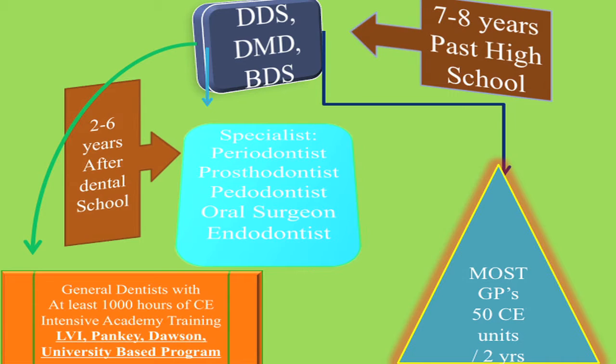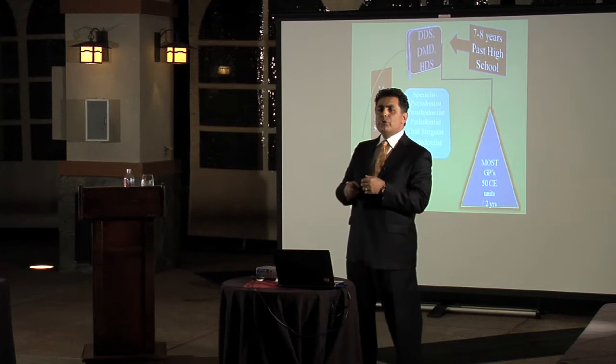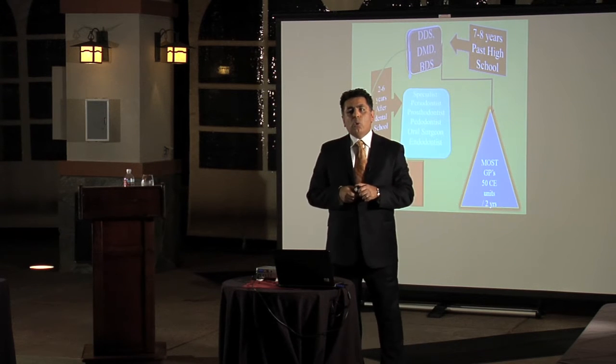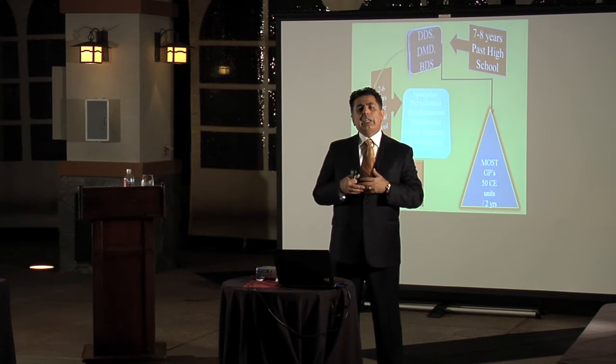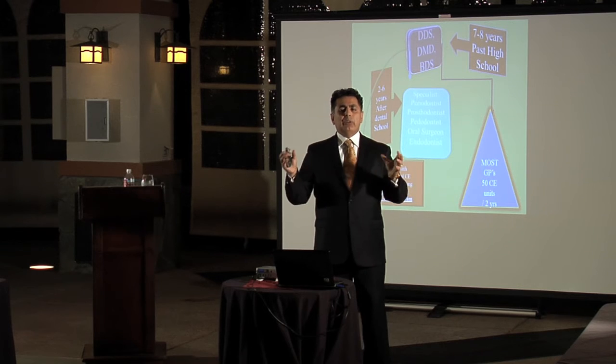Generally speaking, a dentist is someone who has a degree title of DDS, DMD, BDS, and generally they become a dentist after graduating from high school and 7 to 8 years of dental school. So basically a dentist who graduates from dental school then either goes into a specialty school and becomes a periodontist, a prosthodontist, an oral surgeon, or an endodontist, someone who does root canals, or they are like myself, Dr. Caballero, Dr. Chin, who go into extremely extensive training over the years, and we have gone through the LVI, which is like the Juilliard Academy of Arts in dentistry,